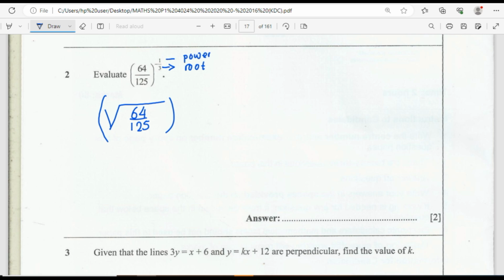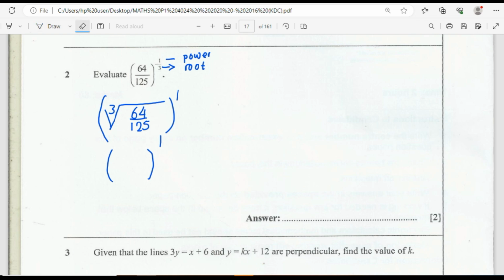So what are we solving for here? We are looking for the third root. So we are going to put 3 here. The third root is the number that we can multiply by itself 3 times to give us the given number. Then our power is just 1. We can see from the fraction. Then let's find the cube root of 64. So cube root of 64 is the number that we can multiply by itself 3 times. So let's try,